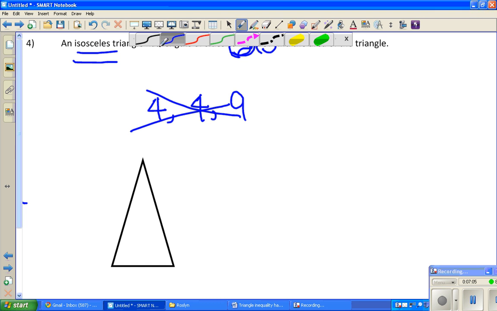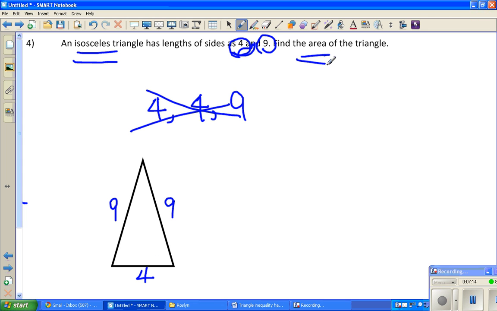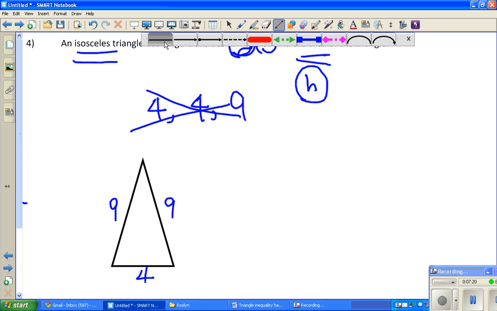Where one side is 9, the other side is 9 also, where the base is equal to 4. Now, given that we want to find the area of the triangle, then of course we need to figure out what height is, h. But as we have learned that in an isosceles triangle,